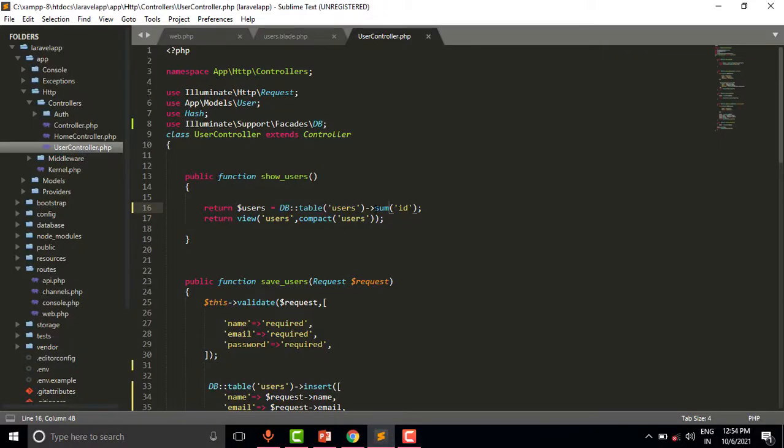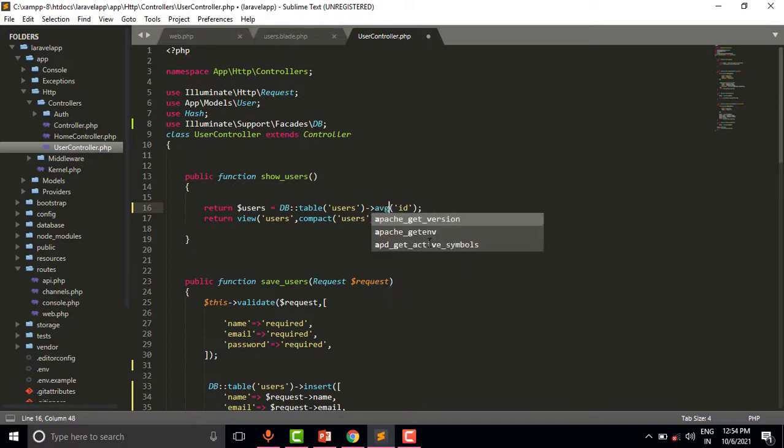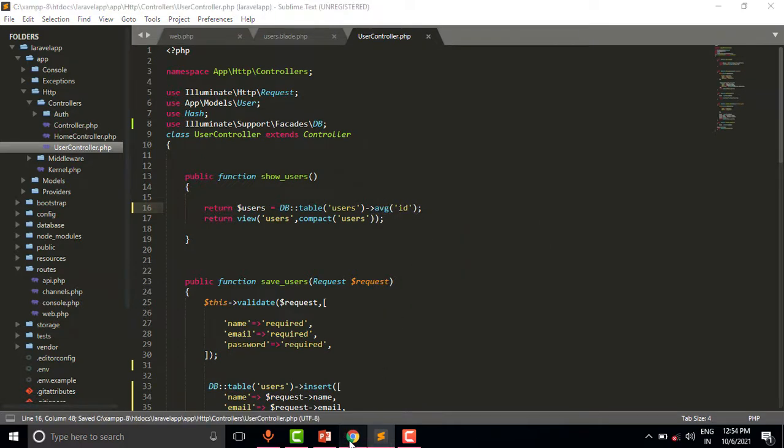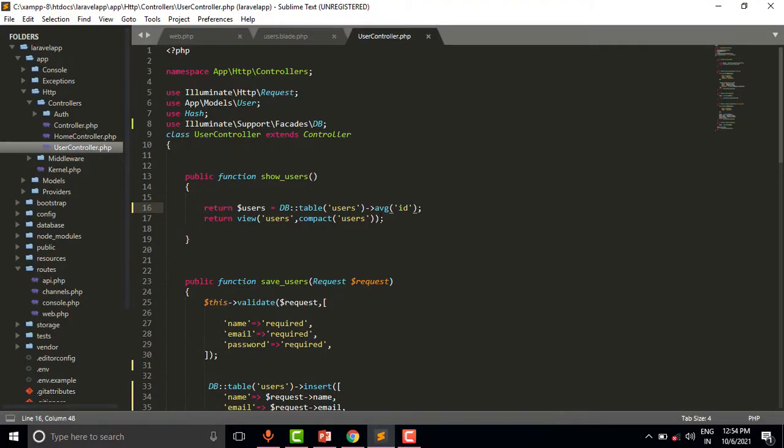Suppose we want to get the average of the ID, then we will use this function avg. You can see 16.00 something. We are getting the average of the ID.